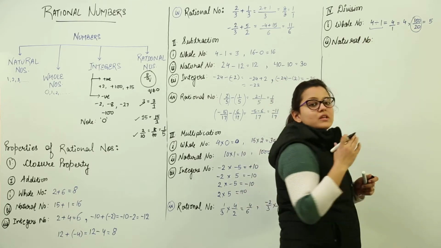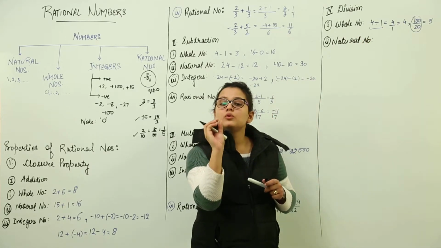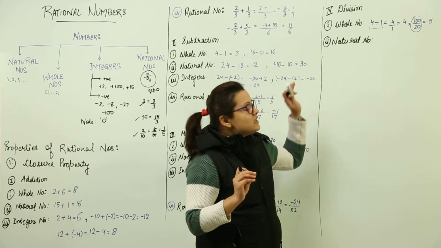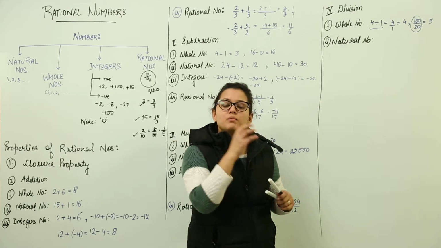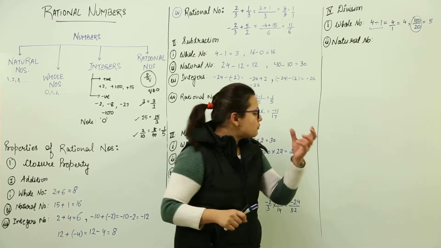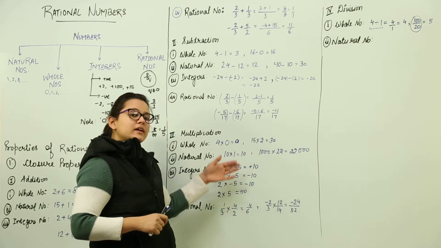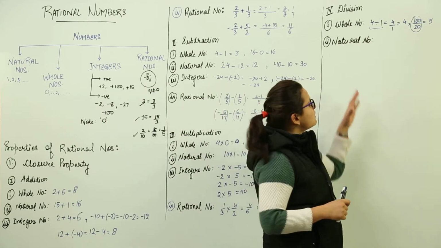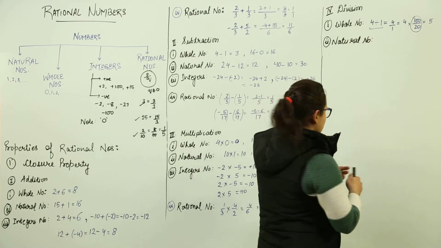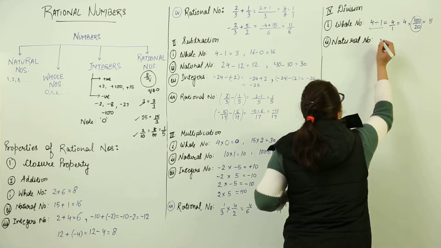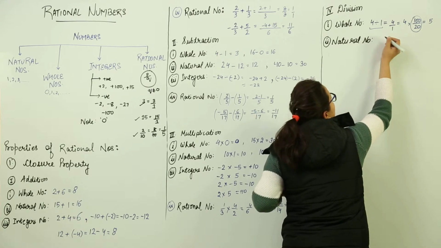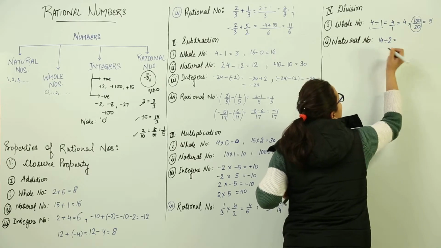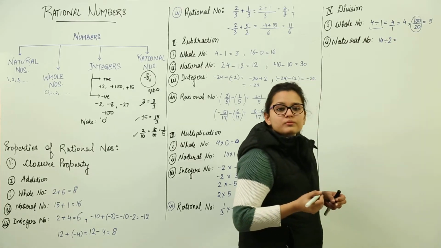See, I am taking different cases so that you don't get any kind of doubt or problem in any small topic. I am discussing each and every point in detail. So even if you have a little problem in multiplication of two integers, that can be covered. So be a little patient. I will be speeding up the topic once you get clear with the concepts. Okay, the natural numbers. For natural numbers, let us take any two natural numbers. For example, let's take 14 and another would be 2. Now what do we get when we divide 14 by 2? It's 7.